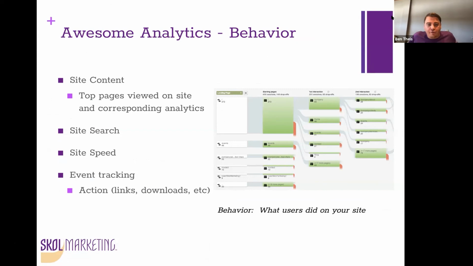The first thing to look at is the picture that you're seeing to the right, which is what we call a behavior flow. I will admit it's not the easiest thing to look at, and you have to play around with it. But what it's trying to show you is that when someone came into the homepage, where did they go next? And the red is that they essentially left the page, either going back or clicking the X. So it can help you understand when someone comes in from one page, where did they go next? Again, it's not the most visually pleasing thing, and it's a little cumbersome at times,